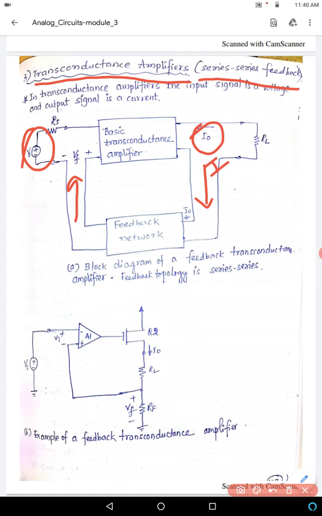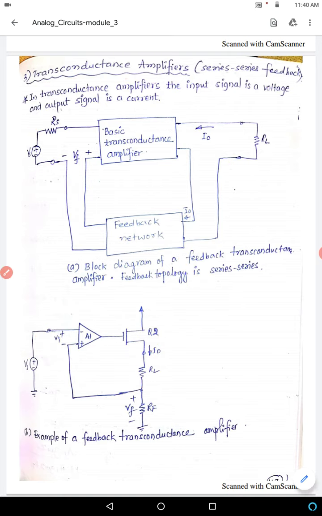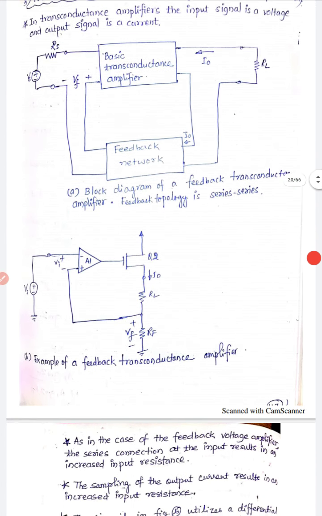All the things remain the same. Here the amplifier part will be there, the feedback path will be there, the output will be taken as the current, and the input will be provided as a voltage. Okay, again using the operational amplifier, the input voltage will be there. Using some JFET, we are providing the feedback path. If you remember, here the input will be provided at the inverting terminal and the feedback will be provided to the non-inverting terminal. That is the major difference in this transconductance amplifier. Okay, just remember these things, the block diagram and the operational amplifier circuit diagram.